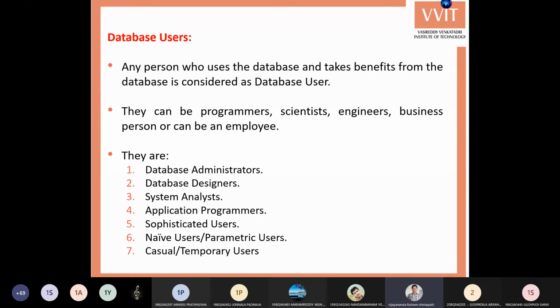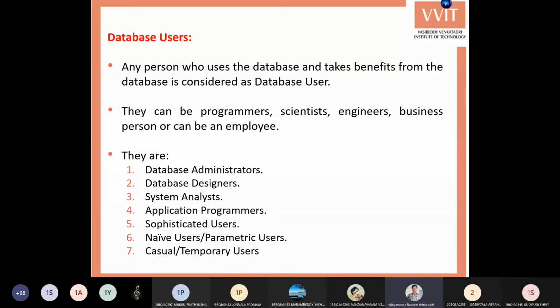Somebody is a student, somebody is faculty, some are HODs, some are deans, some are a principal, a chairman. Different people in an organization have different restrictions, and based on their restrictions, they can view only certain data. Based on this, we categorize these users into different groups.